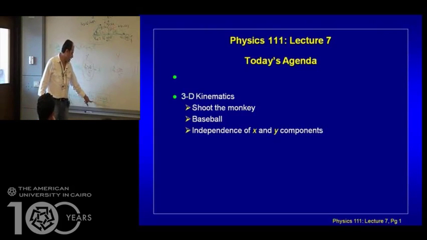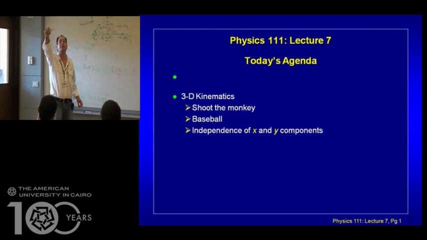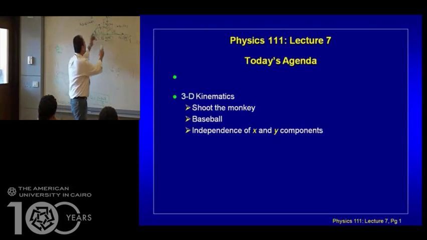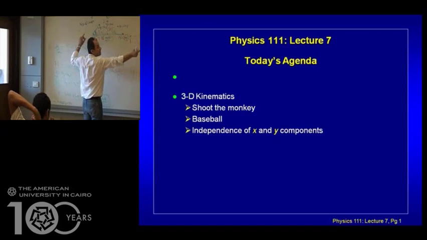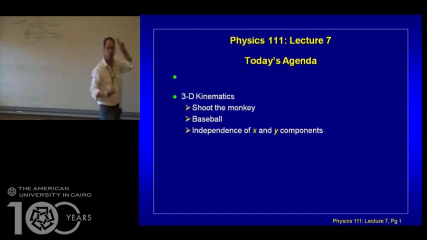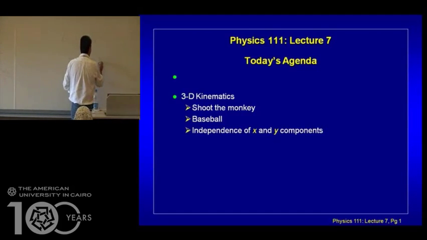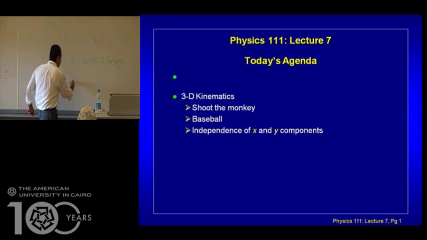T is v0 sine theta over g. Then someone said multiplied by 2. Why multiplied by 2? Because I said that it takes time t to go to here and takes another time t to go to here. So that's time t in that equation. That's the whole time, 2t. So it's times 2 v0 sine theta over g, and the range will equal to v0